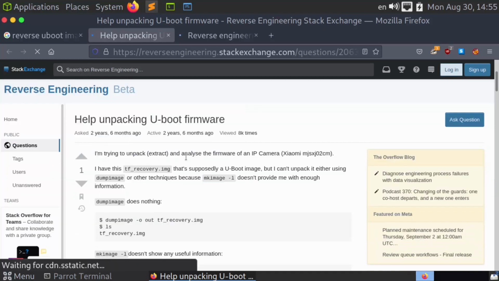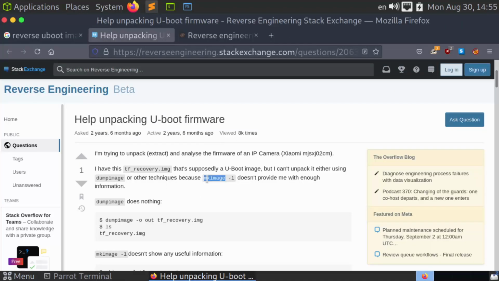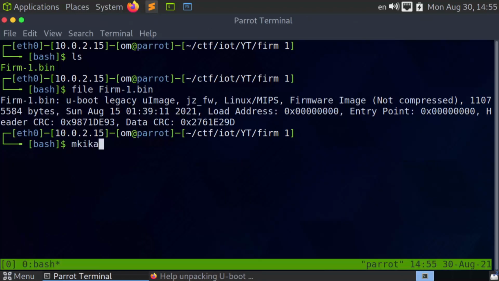So the question here is about unpacking and analyzing the firmware of an IP camera, and it has this image that's supposedly a U-boot image, but he is not able to unpack it using dumpimage. But we haven't tried that. So we can try to use dumpimage and the other tool, which is mkimage -l. So we can try mkimage -l,